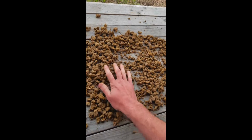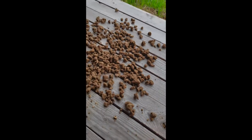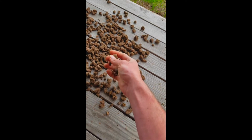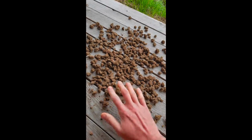You can kind of see the difference in the clay here. This is already broken into lots of tiny pieces, and I wasn't really able to do that with this. I was only able to break it into little nuggets because it's so wet. It all sticks together. It doesn't want to break apart. So that leads me to believe that this yellow clay is much less expansive than this reddish clay, which is